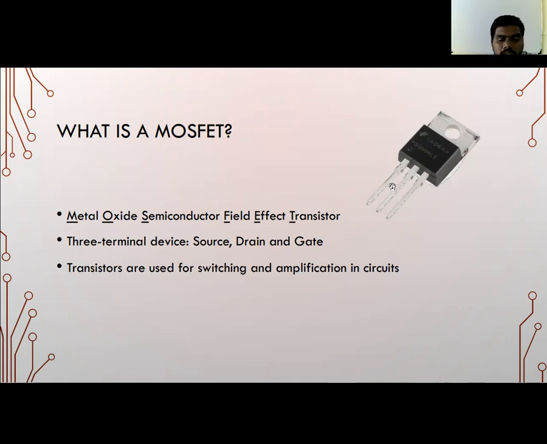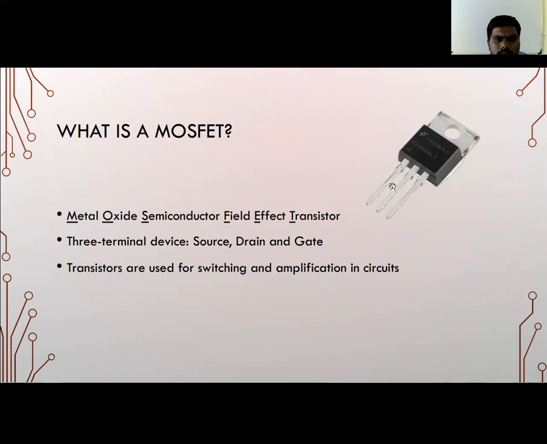Switching means, let's suppose I want to convert my DC signal into an AC signal. How can I convert? I'll use this MOSFET switch, or a transistor there. What will this MOSFET do? By arranging this MOSFET in a series and parallel manner in a circuit, and by continuously switching this device, turning on and off, on and off, this MOSFET will create a similar kind of AC signal from the DC signal.